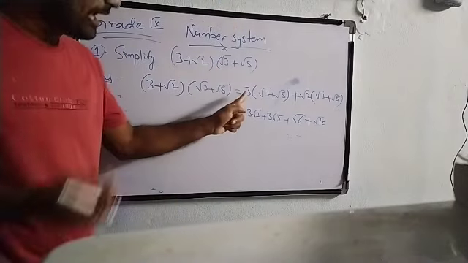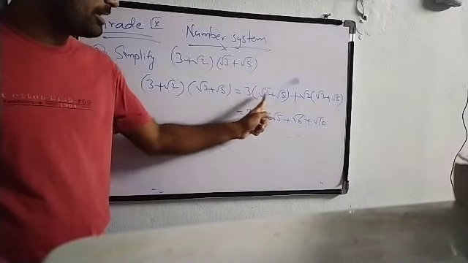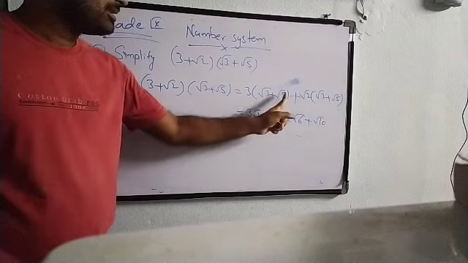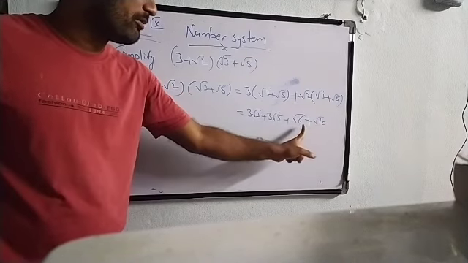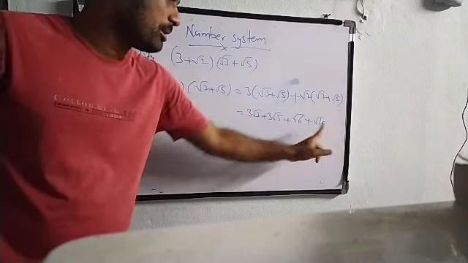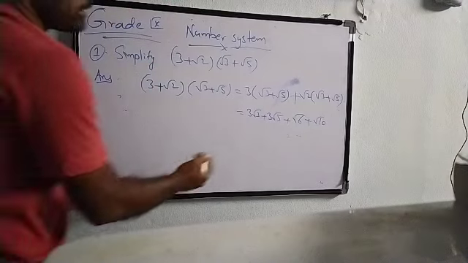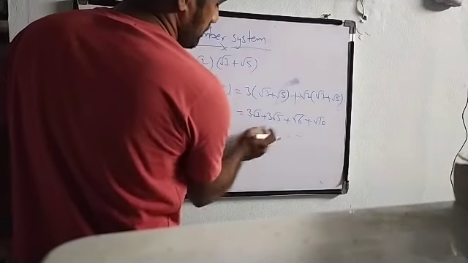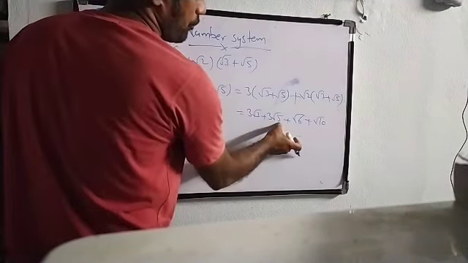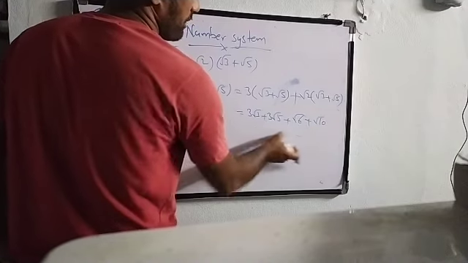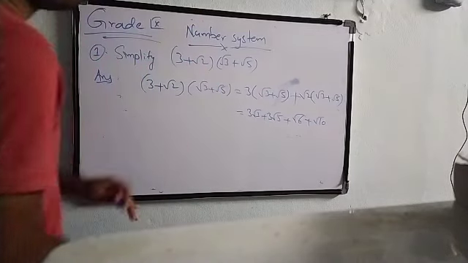It means that we cannot multiply a root number and a normal number, so I am writing as it is. Here root number into root number will be root 6. Root number into root number will be root 10. So this is the final answer. Why? Because there are no like terms here. Root 3, no root 3s are there. Root 5, no root 5s are there. Root 6, only 1. Root 10 also only 1. So we cannot do further.